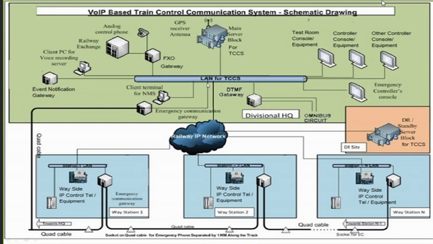The next alternative is radio patching through your analog or digital radios. Analog is almost closed, but we have some digital radio patching at some locations. Additionally, we have OFC or copper channels taken from BSNL. We have 9.6 kbps, 64 kbps or 2 Mbps channels taken from BSNL for patching of control. Another option, if we have an alternative OFC path, is to take the alternative path through our existing railway OFC network.